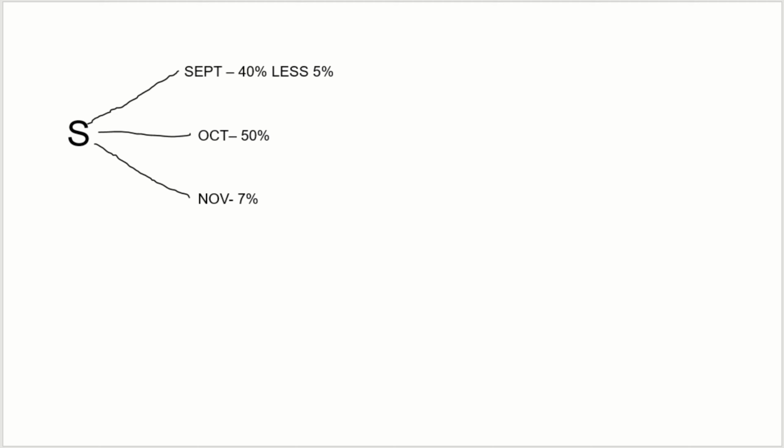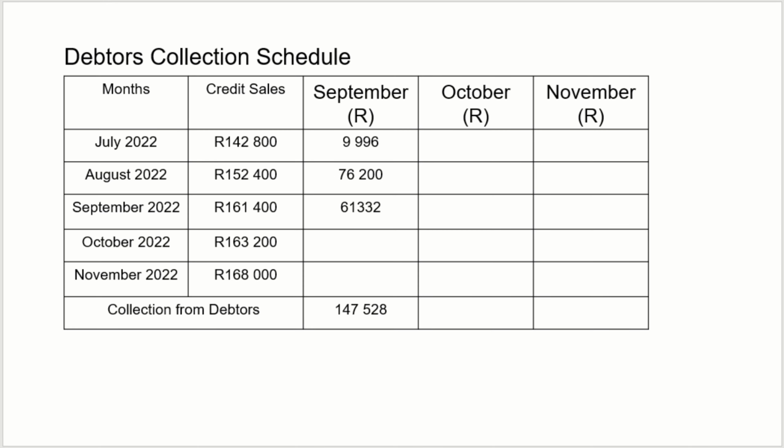Okay, so now for the month of September, luckily for us, they've already calculated it as 61,332 rands. Meaning that we're only supposed to calculate for October and also November. All right, now